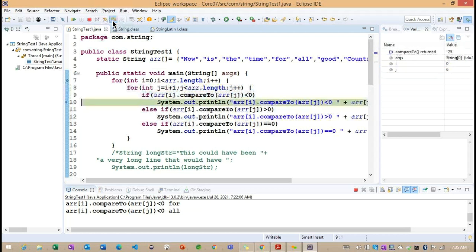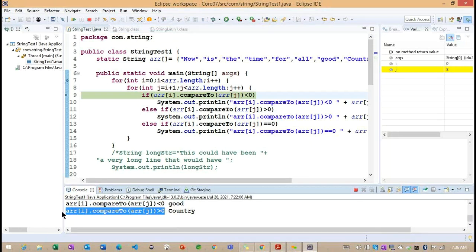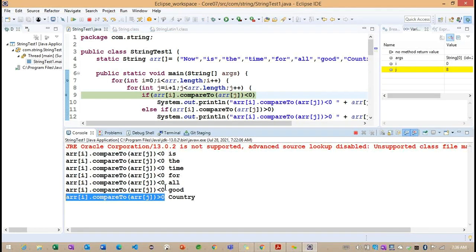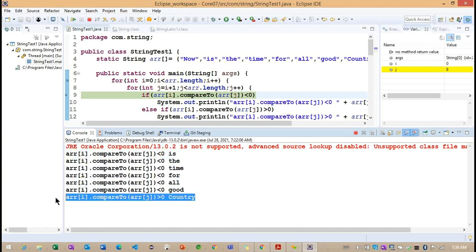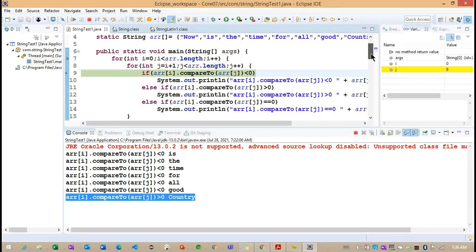Observe here, so we are checking. Now you can see, another one is trying to check the greater than condition. As of now, all are coming as less than, but we identified this particular section of code is returning a greater value. Correct, getting the point.